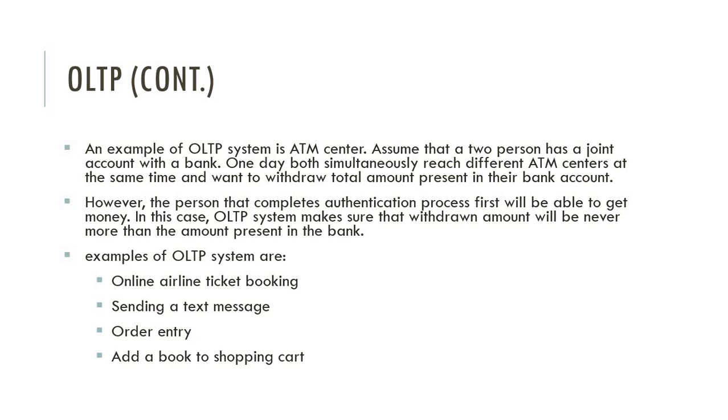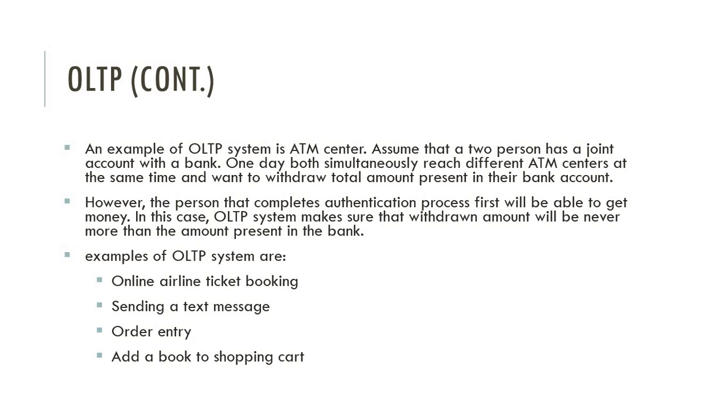An example of an OLTP system is an ATM center. Assume that two persons have a joint account with a bank. One day, both simultaneously reach different ATM centers at the same time and want to withdraw the total amount present in their bank. However, the person that completes the authentication process first will be able to get the money. In this case, the OLTP system makes sure that the withdrawn amount will never be more than the amount present in the